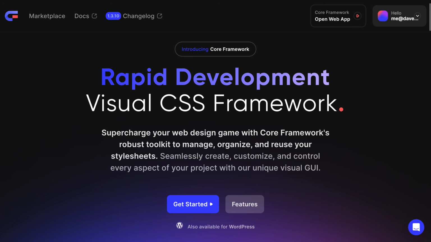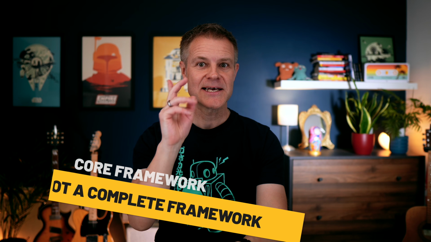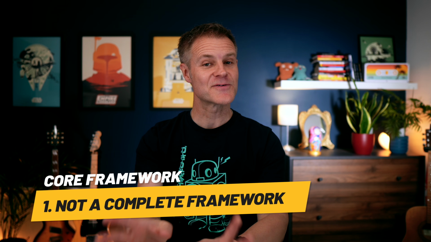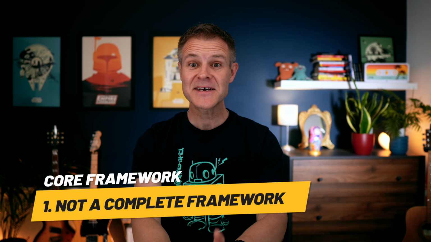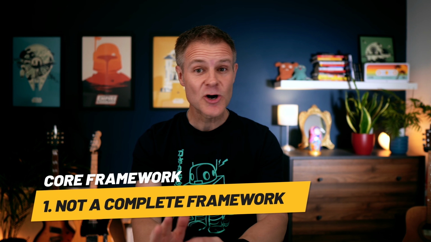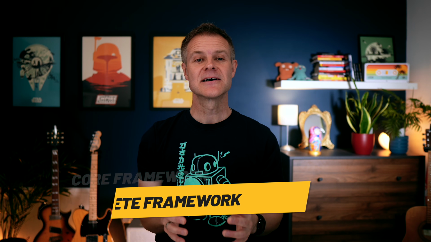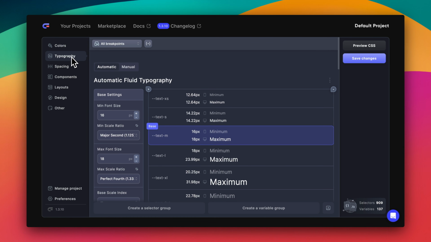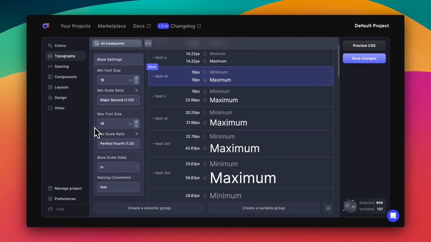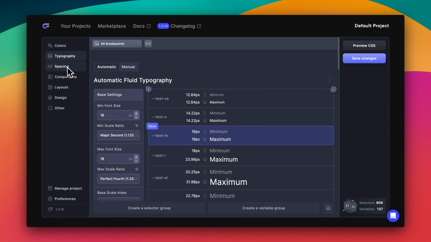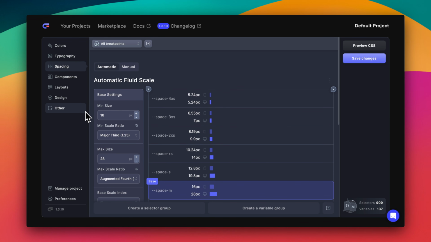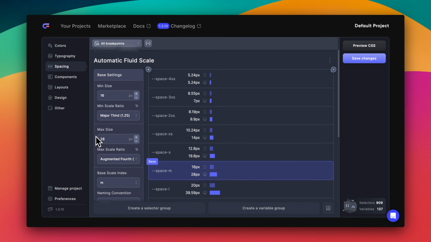I would say that these coming up are the three main principles of Core Framework. And you will notice they are the exact opposite of ACSS. One, it is not a complete, fully featured framework. Far from it. And that's the entire point. It's not an oversight or a lack of features. Core Framework is intentionally a bare bones starting point. It gives you the skeleton tools to basically build your own framework, which a lot of people really appreciate because they actually want that flexibility.